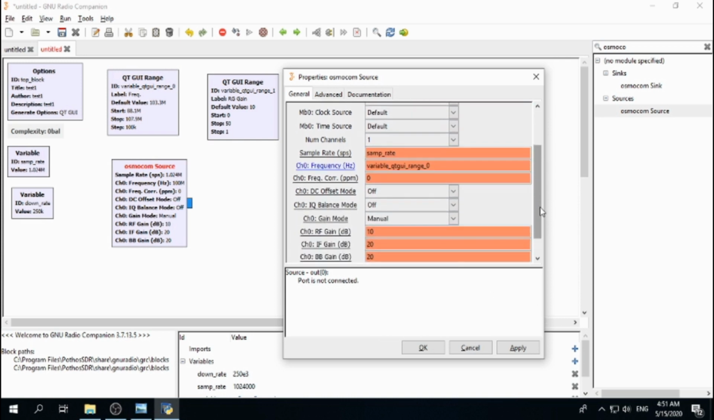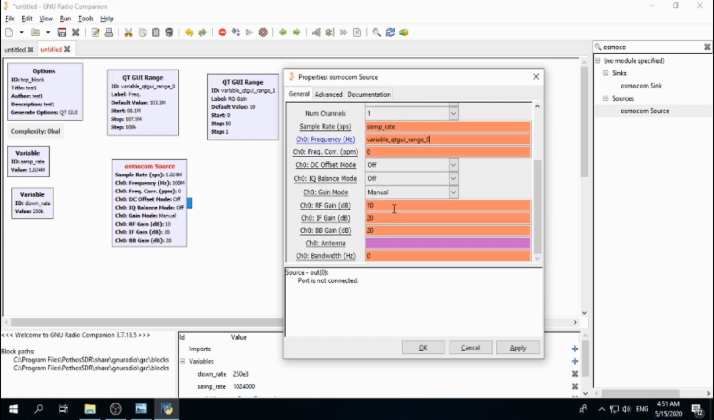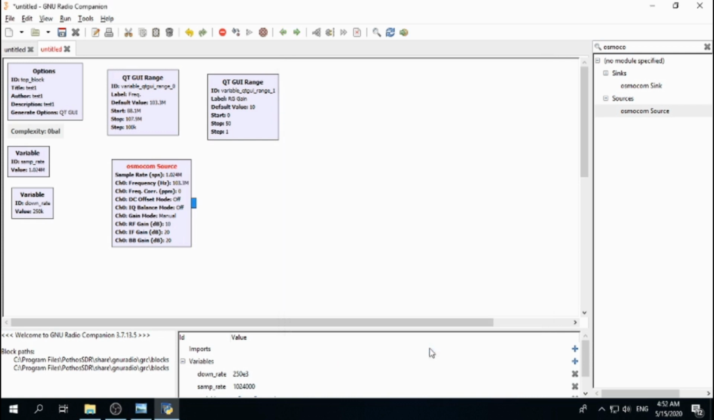And let's go down, and we need to change channel 0 RF gain to variable QT GUI Range 1 from this block gain. Variable QT GUI Range 1. Okay, right now